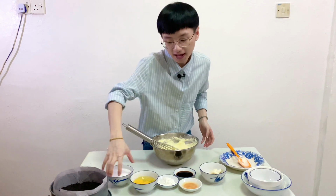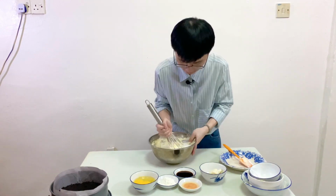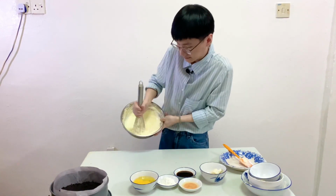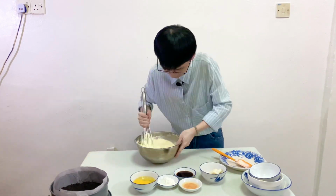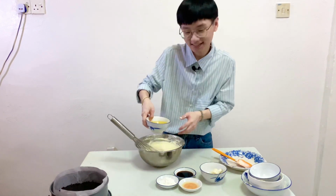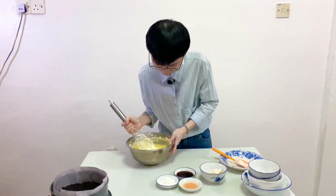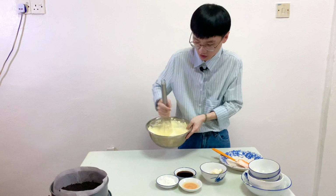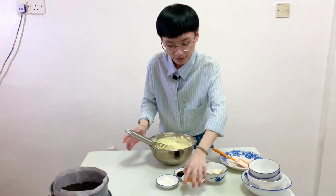Then we're going to add the whipping cream. Then we're going to add the eggs, 2 eggs. Slowly becoming as the cheesecake smell. The smell is just... Then we're going to add the